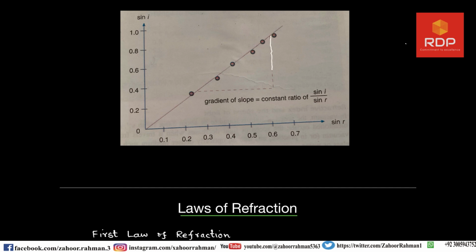Whenever you are finding the gradient of this line, you have to take two points anywhere, like here or here, whatever is convenient to you. This is the rise and this is the run. So when we divide rise by run,